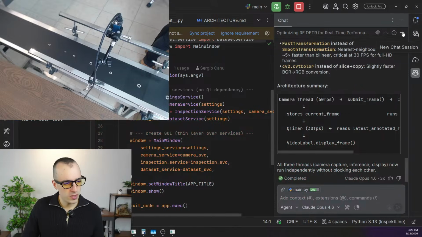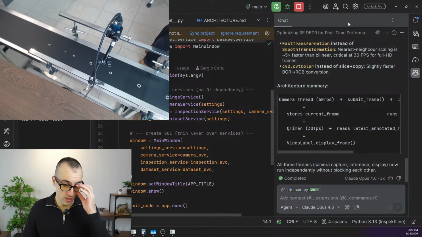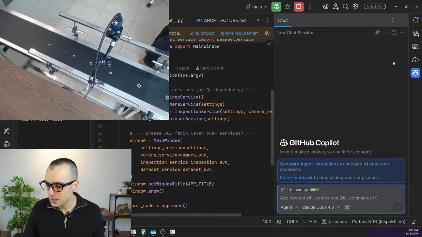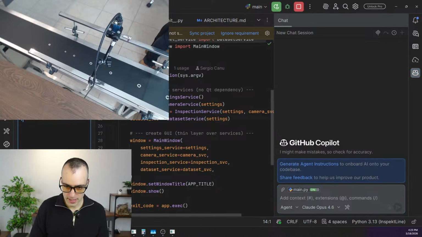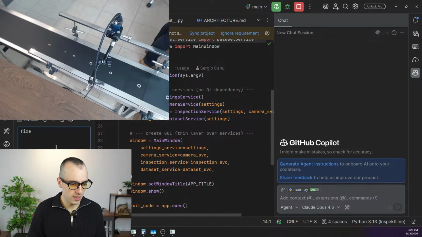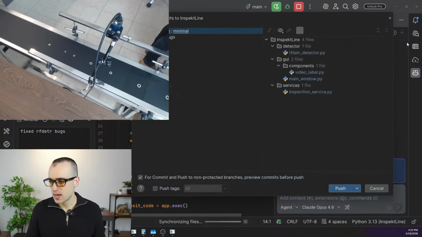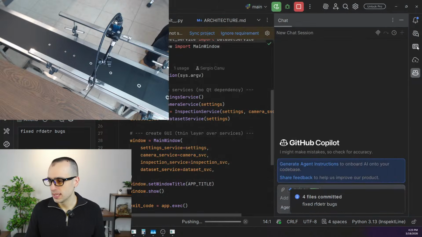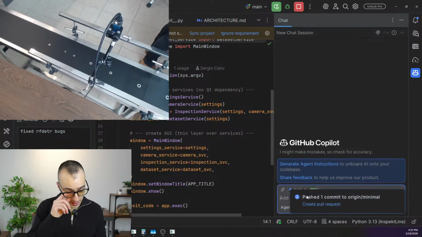So today so far I was not happy with the result, because almost two hours in and I wasn't reaching what I wanted. So RF that fixed. We fixed the RF that bug. So let me add this, fix RF that bugs. So it's working, and now let's hopefully run the last command,